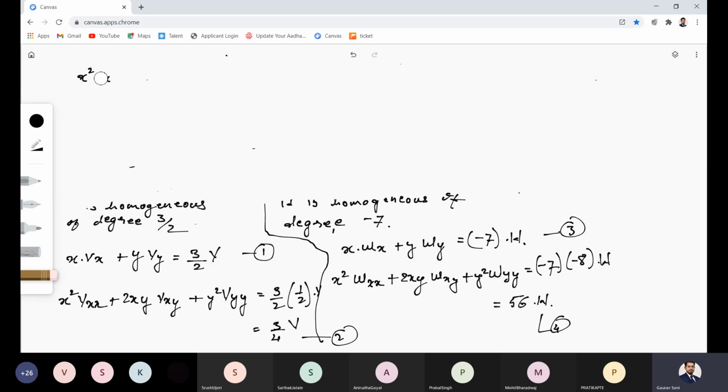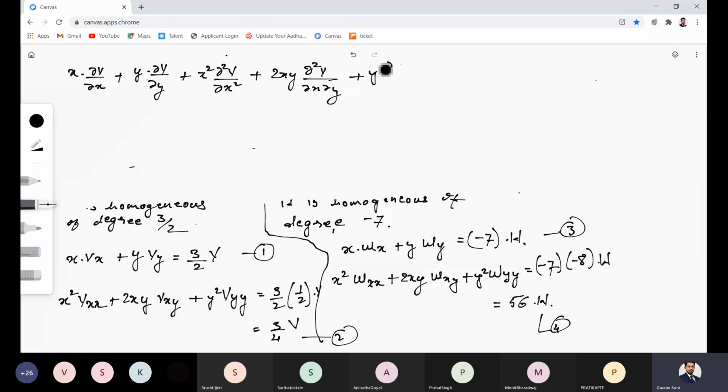I'll write it down in this manner now: x partial derivative of v with respect to x plus y partial derivative of v with respect to y plus x square second partial derivative of v with respect to x square plus 2xy second derivative of v with respect to x and y plus y square second derivative of v with respect to y plus